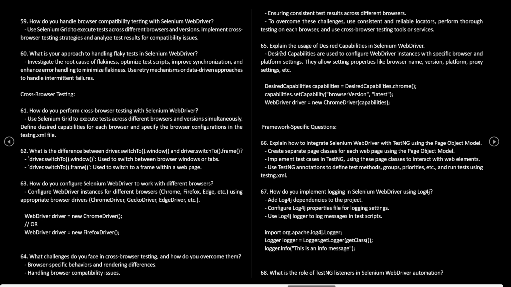tools or services. Explain the usage of desired capabilities in Selenium WebDriver. Desired capabilities are used to configure WebDriver instances with specific browser and platform settings. They allow setting properties like browser name, version, platform, proxy settings, etc. DesiredCapabilities capabilities = DesiredCapabilities.chrome(); capabilities.setCapability("browserVersion", "latest"); WebDriver driver = new ChromeDriver(capabilities);